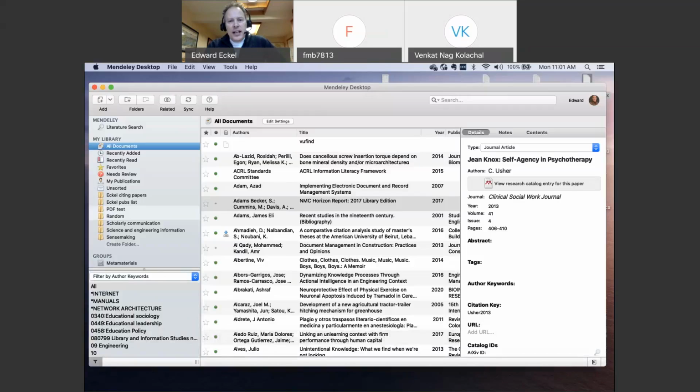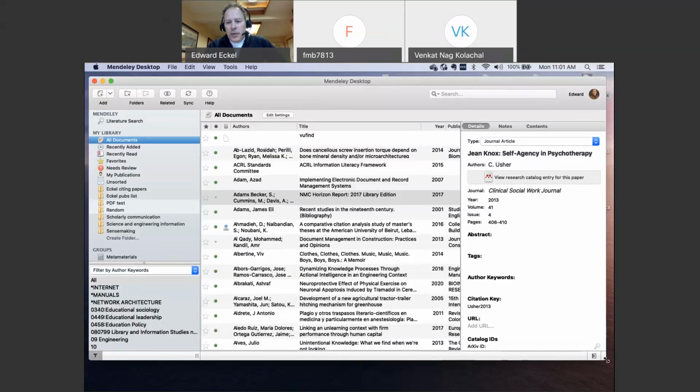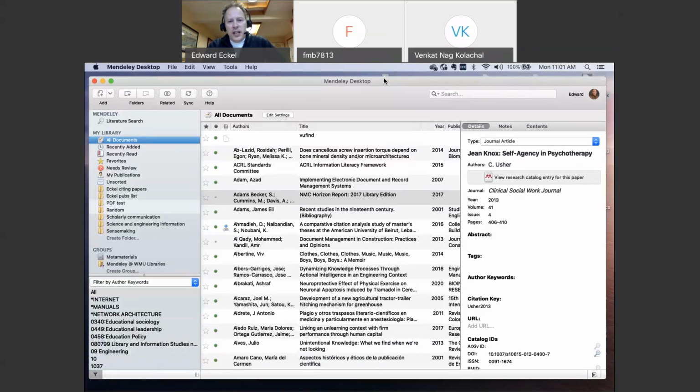So this is the Mendeley Desktop software, and I'm going to turn on my little annotation feature here for a second. So Mendeley's desktop has three sections. Section 1 on the left-hand side, Section 2 in the middle, and Section 3 on the right-hand side. Your folders are going to show up on the left-hand side in Section 1. So this is where you're going to create folders, and I'll show you how to do that in a few minutes, okay? When you click on a folder,